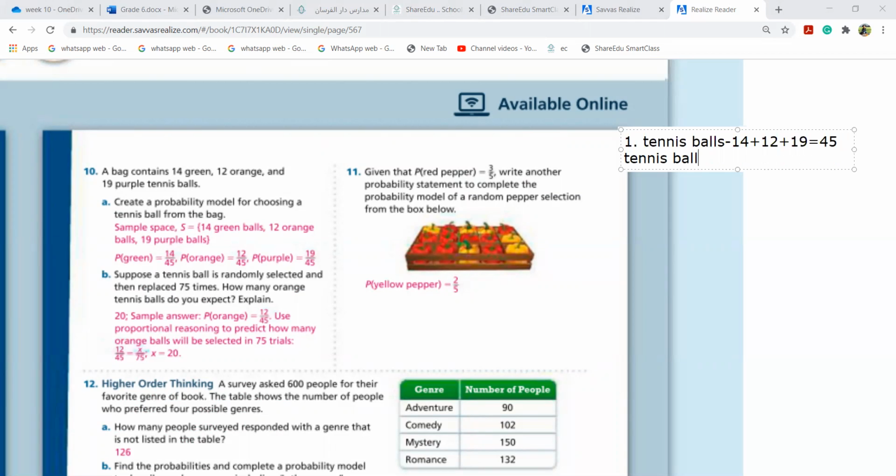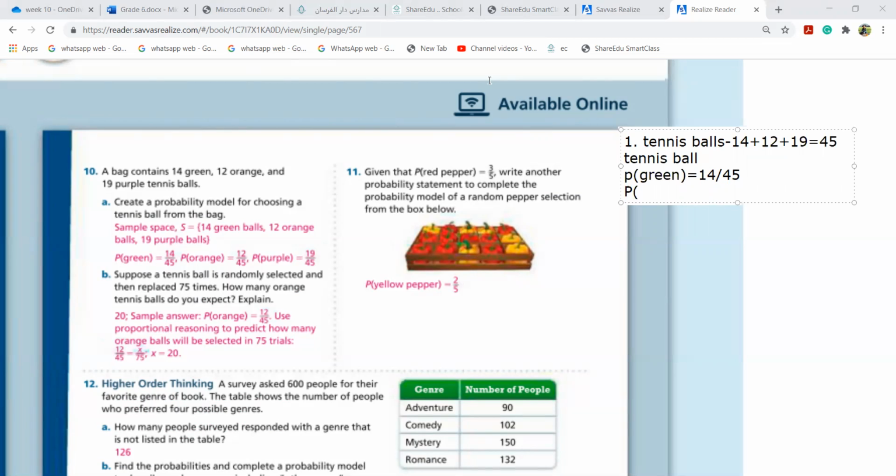Let us start with green. Probability of green. 14 over 45. Very good. I'm writing 14 over 45 like that here, but actually you know how to write it as a fraction. And if I ask you probability, P will be capital, probability of orange, let me